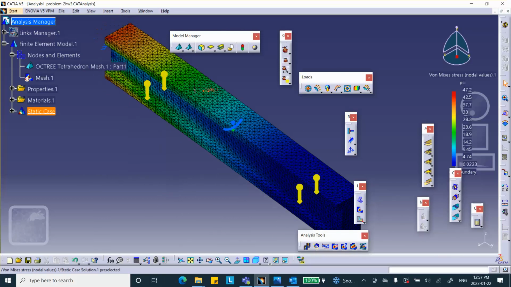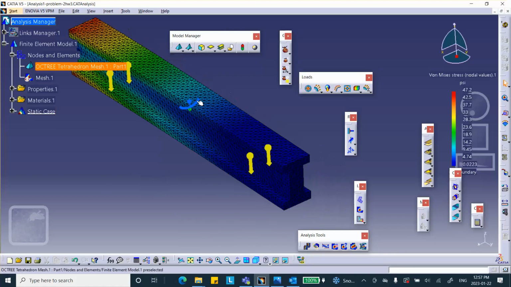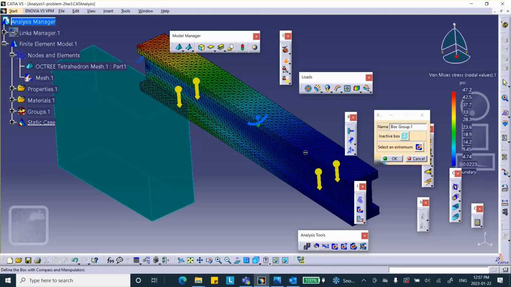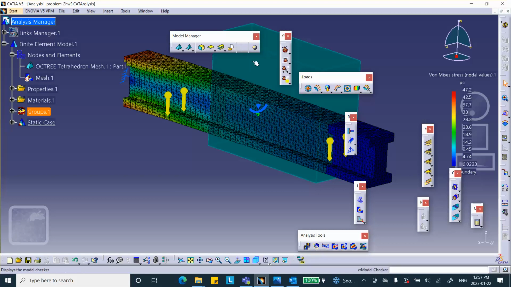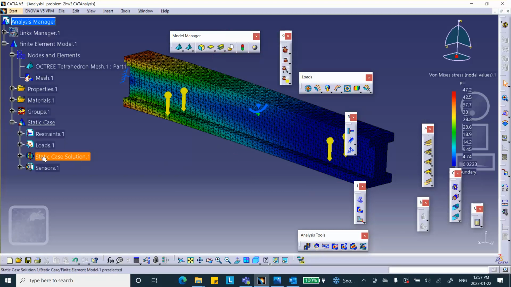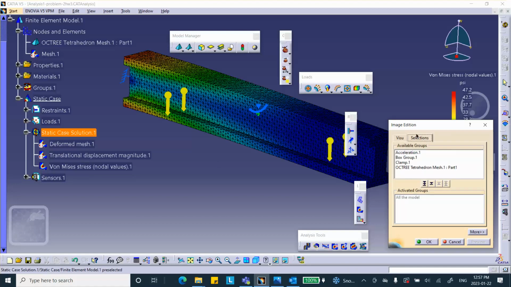Let me show you something. Let me make a group here. Okay, to move it, let me click on this active box, grab this thing, put it where I want. Okay, so let's say all right. I'm going to hide the box. Double click on this either on the contour here or from the tree. Here it is. If you double click here, basically it's like double clicking on this edge, and select the selections tab, and I want the box. You see,